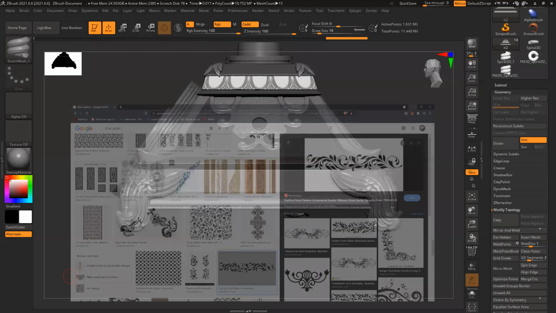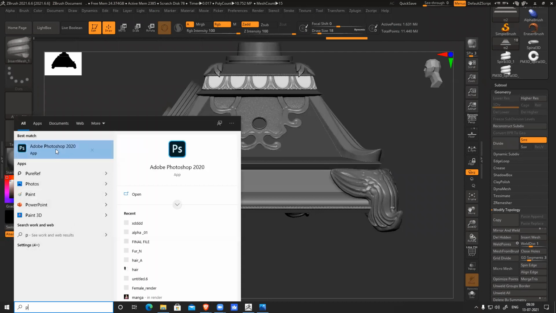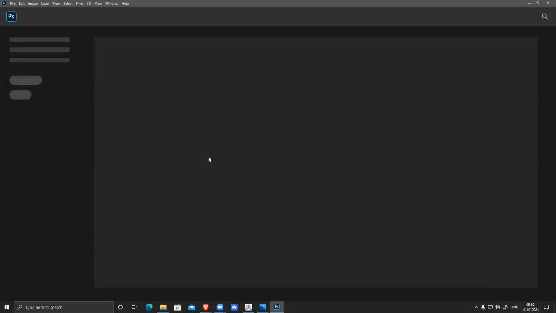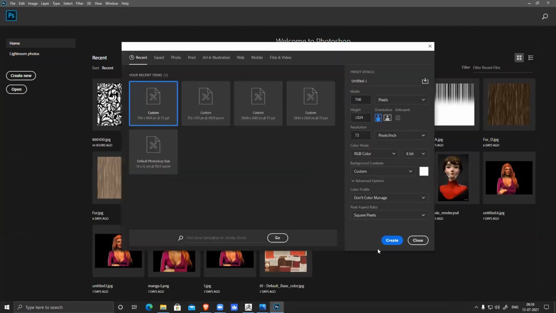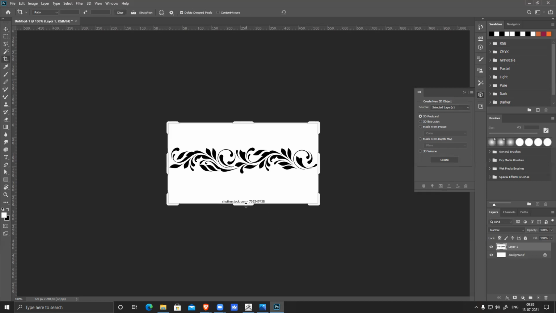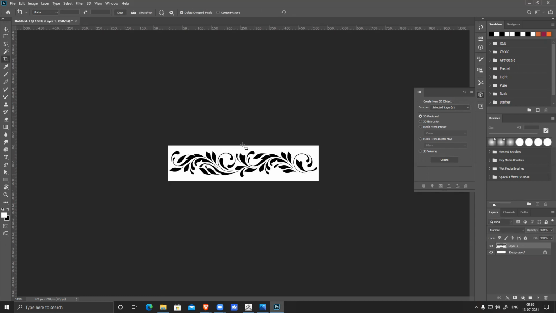Copy image. I have to remove this thing. Photoshop. Control U, clipboard, Control B. Got it.